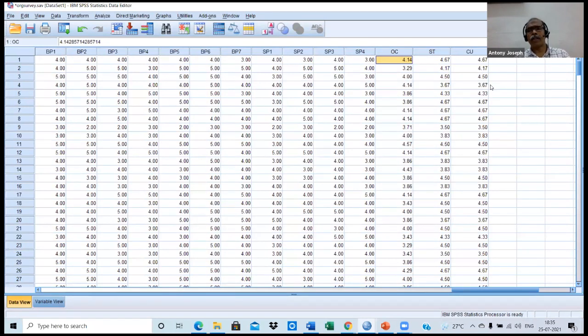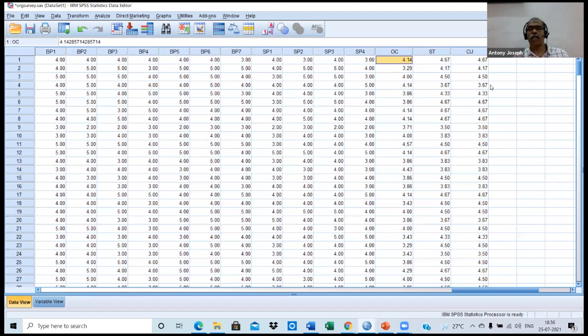Okay, like this, you can calculate n number of variables. All mathematical operations can be done using the transform option. Whatever mathematical operation, you can add something, you can divide something, you can multiply, you can construct some index, you can calculate percentage, variables with percentages, or variables with fractions. All these can be computed. All sorts of computations can be made with the help of transformation. You try to experiment with the transformation so that you can utilize the transformation in different ways.